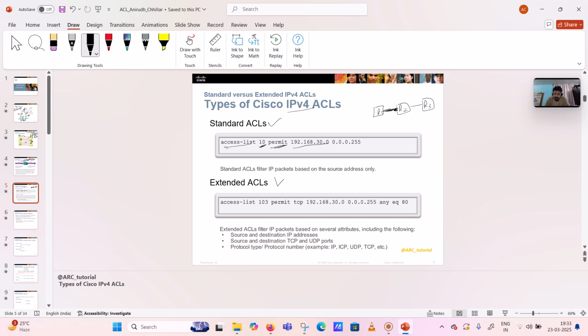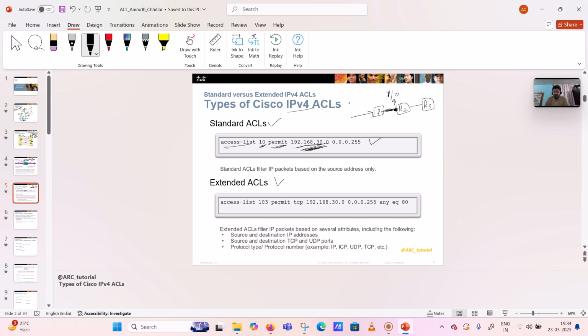Let's suppose on this specific point, let's say it's the 1 by 0 interface. On this specific interface, you want to permit or deny something specific. So you will be putting this access list here. On this specific point, whatever is coming from this IP or this subnet, I have to allow everything. So let's suppose